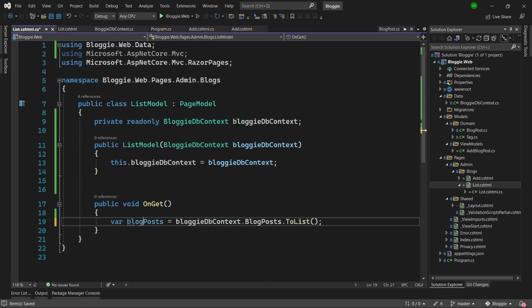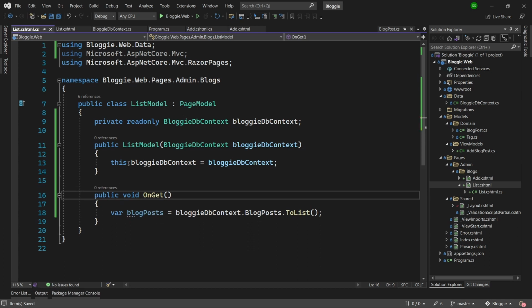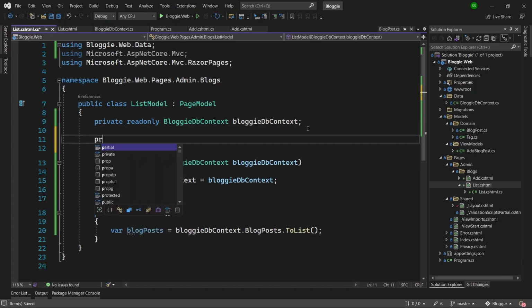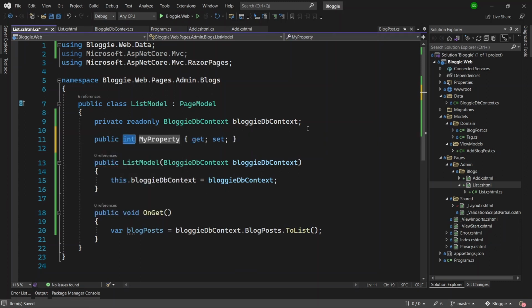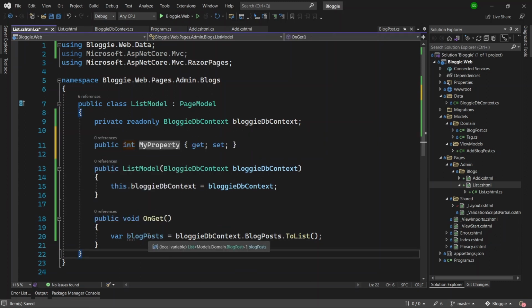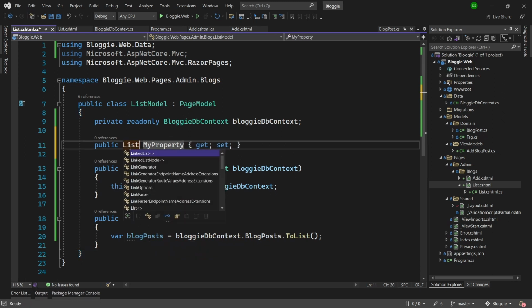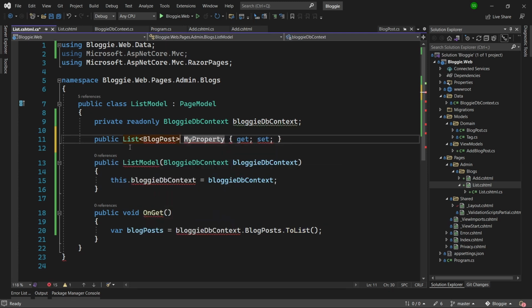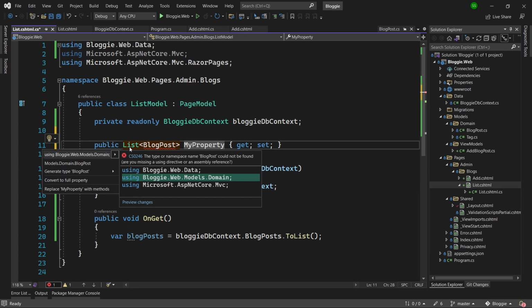I've given it a name of blog posts, signifying all the blog posts. You can say blog post list. And I have to create a public property so that I can show all the blog posts inside the HTML. So I will create a public property, using the shortcut prop double tab, and this will be a list of the domain model blog posts. So I will say a list of blog post and press Ctrl dot to get this from the domain model,